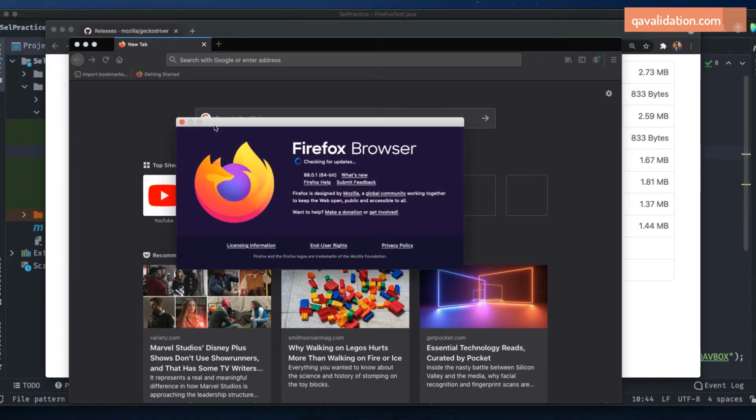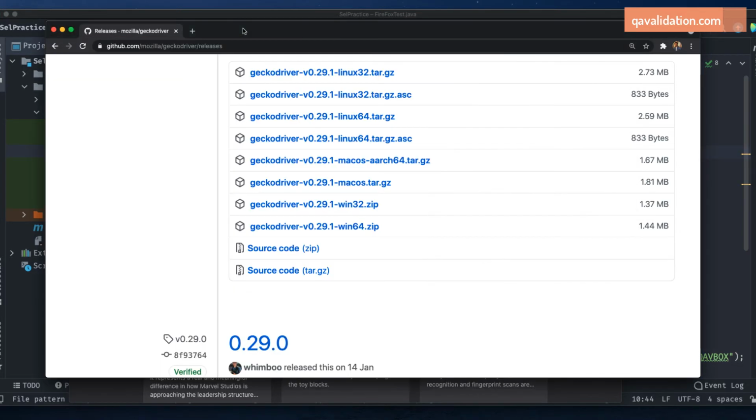So when you click on About Firefox, you can see it will check what version of Firefox is there. If it needs the latest version to update, it will update. And here you can see a text: Firefox is up to date. It means that you have got the latest version of the Firefox browser. And I already have the latest version of my Firefox driver as well. Okay, so I'm good with my Firefox browser and the Gecko driver.